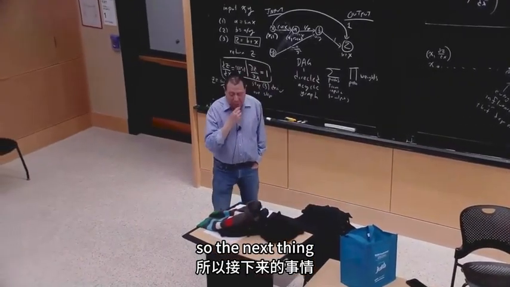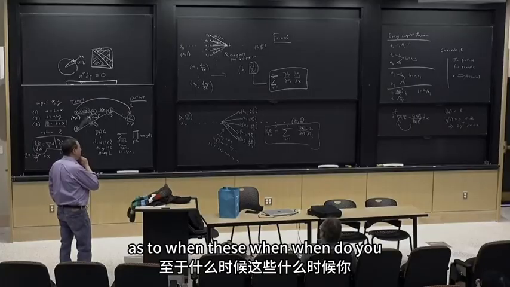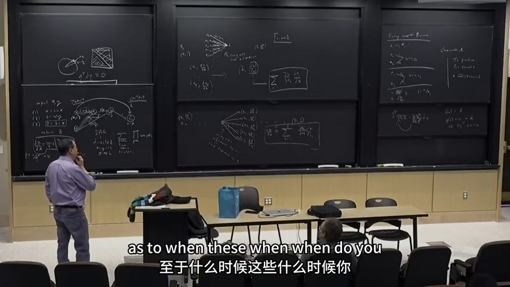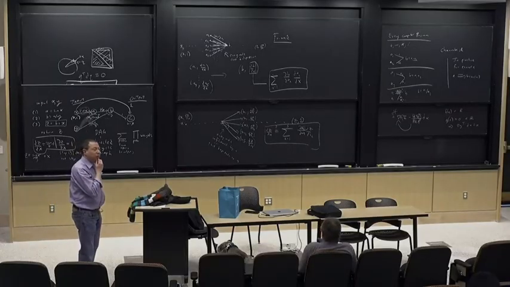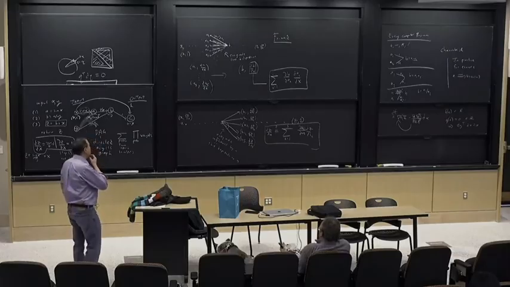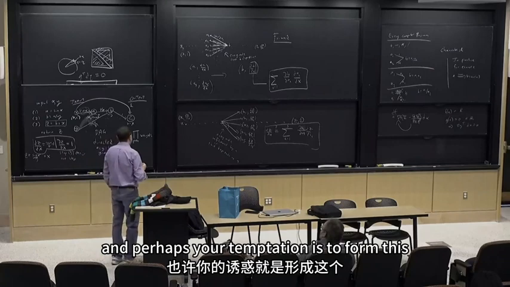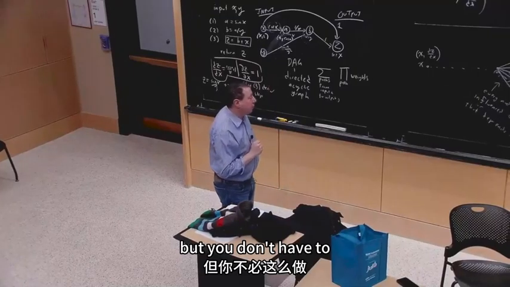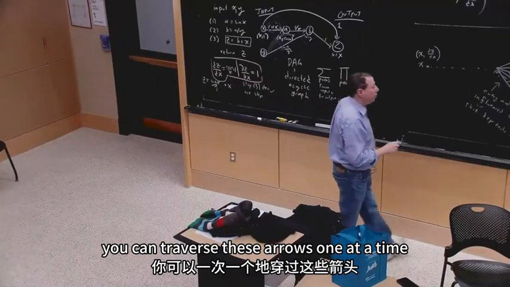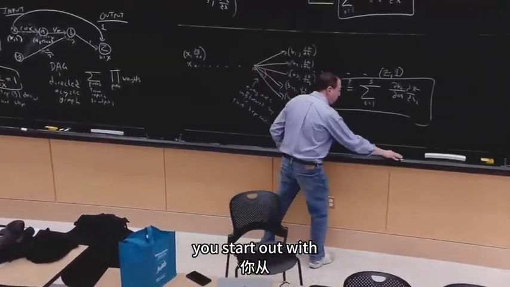So the next thing I want to talk about is a bit of a detail as to how do you actually, in practice, compute these sums, right? You see a sum like this, and perhaps your temptation is to form this entire sum at once. But you don't have to. You can traverse these arrows one at a time. So for example, you start out with,